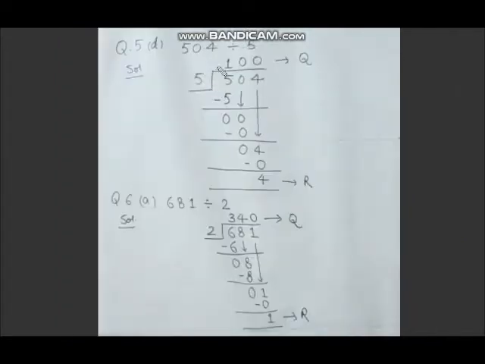Suppose the questions are giving like this, 504 divided by 5. So first we will write this 504 in the dividend and 5 in the divisor. So 5 की टेबल में 5 1 times आता है, 1 we will write in the quotient part and then we will subtract this 5 only. Next number is 0. So किसी की भी टेबल में 0 0 times ही आएगा. So 0 we will write in the quotient and subtract भी हम 0 ही करेंगे. Then we will note this last 4.